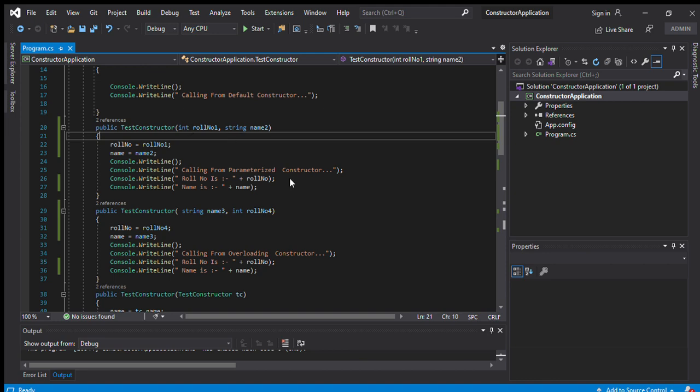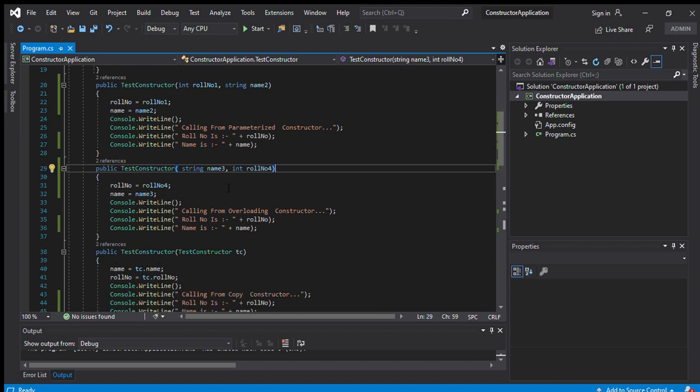These are the rules for overloading. The return data type has no role in overloading. So here I pass two different methods with different parameters, and this type of constructor is called an overloading constructor.